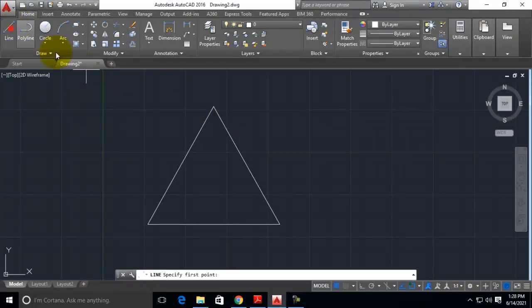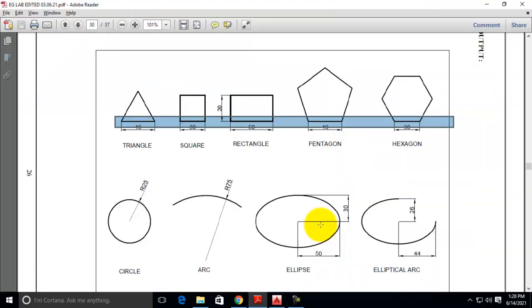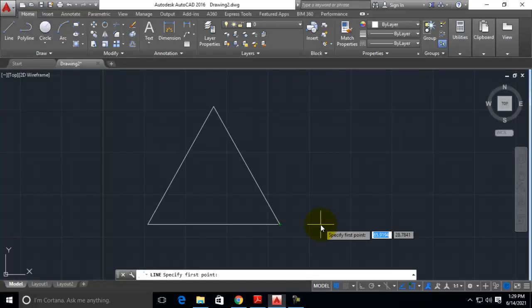A square is also a rectangle, but we have 2 methods for drawing this square. First, you can use the simple line drawing method. Here if you hover over this end point and move it, it will track the end point. You can see the green dotted lines beside that. Okay, this is the method for tracking.